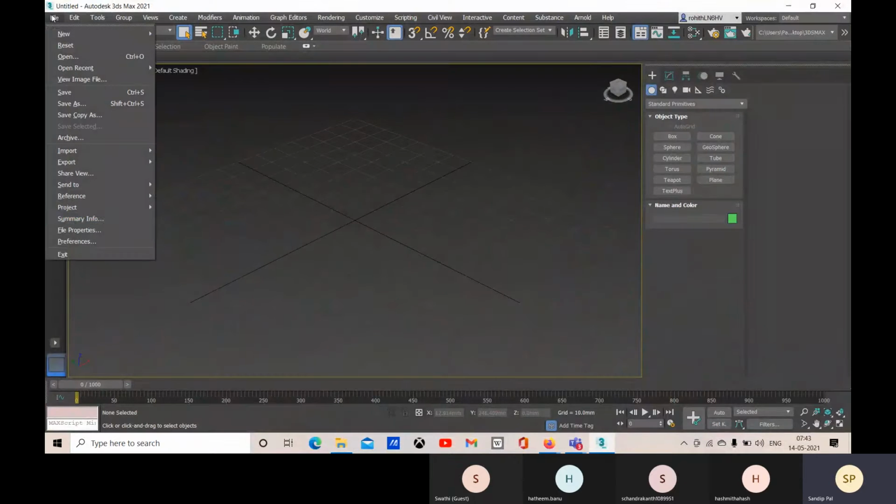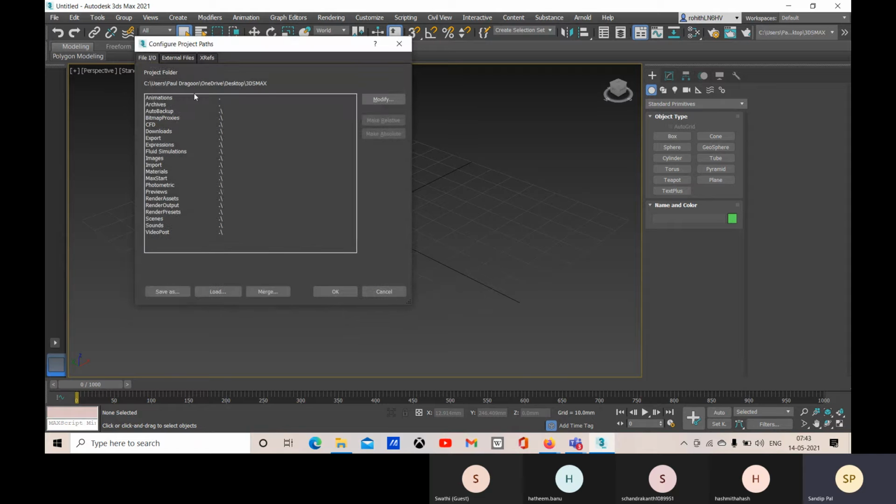Whenever you will be saving, everything will be saved. Like in your project, if you are creating any animations, all archive things will be saved in that particular folder. So here you are not creating any files within that 3ds Max folder, but you are just defining the path where everything will be saved.